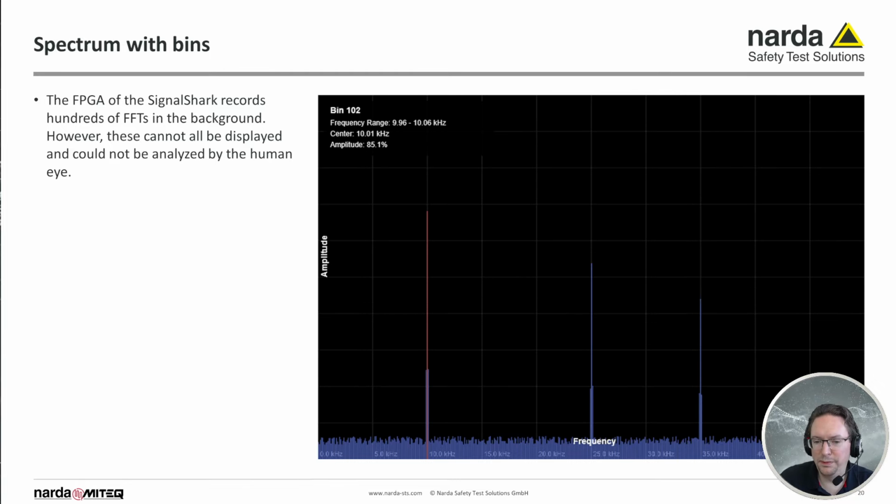So if you look at the spectrum, we have several bins. A normal so-called FFT takes the data and calculates values, so it makes, let's say, little channels for each frequency range, and the RBW gives you the resolution, so how many little channels you will have. And in the SignalShark we have an FPGA that does all this processing, and it records thousands or hundreds of